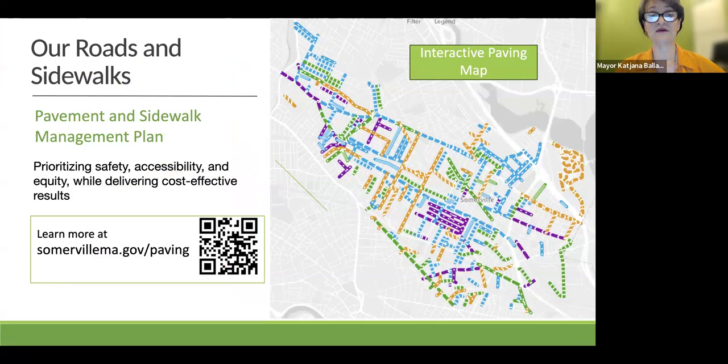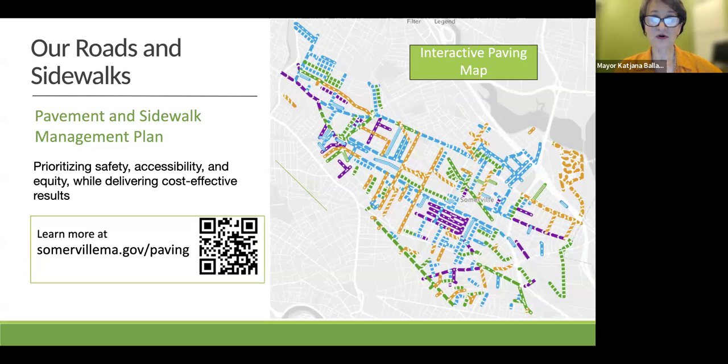The map here is also online as an interactive map. It shows what we paved recently and what's coming up. The purple streets are now under contract for completion next year. The blue are planned in the next coming 5 years.